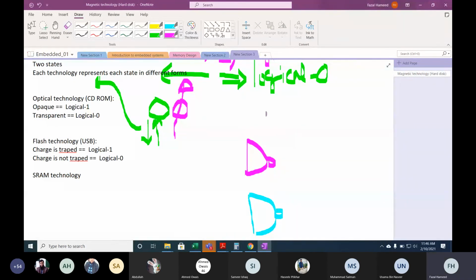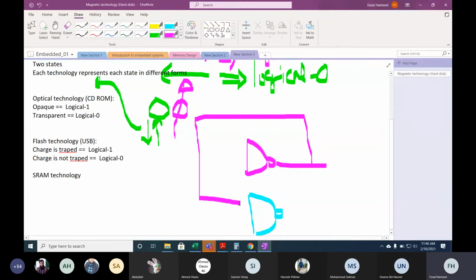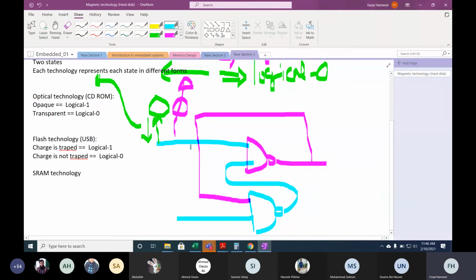Now this is the output. Actually, the output is feedback, and the output is fed back here. So it stores the data in the form of a cross-coupled feedback loop. In a feedback loop, this is the diagram of an SR latch. Now you can check how the SR latch was covered in your digital logic design. So it stores the data in a cross-coupled fashion.